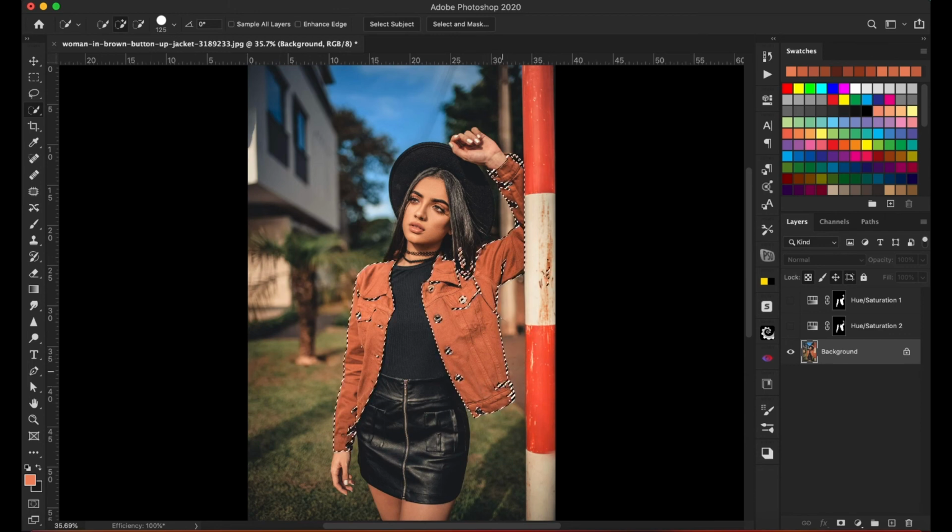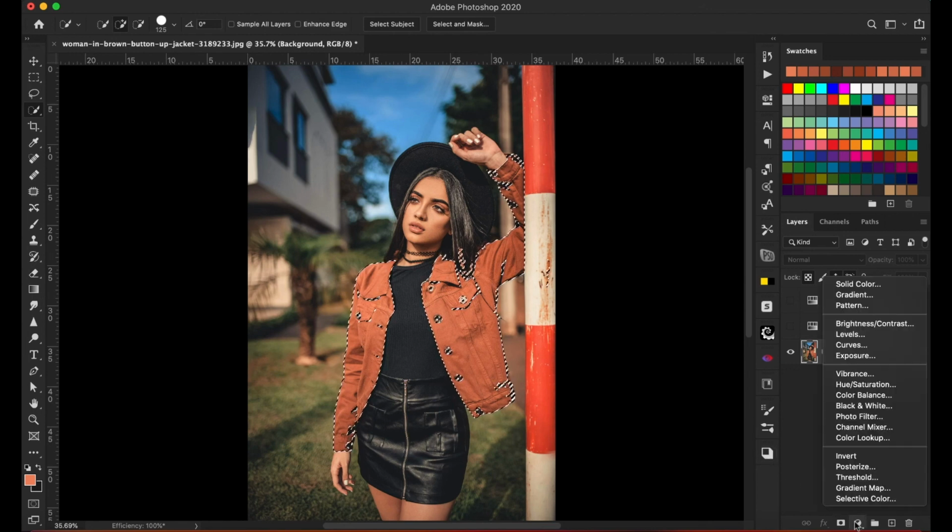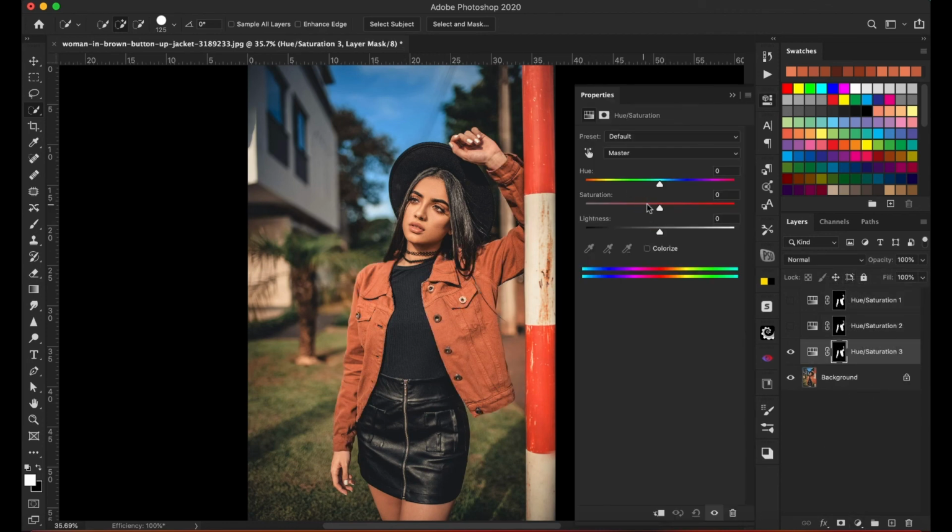So what I will do over here is go for Adjustment Layer, and Hue and Saturation. Here, if you change the hue, you can change the color of the jacket, and you can lower the saturation to give it a more natural look, and you can even click Colorize. Here you can see this was the original one, and if you change it, this is over the top, some fancy colors. Here you go. Or if you don't want that, click Colorize and go for